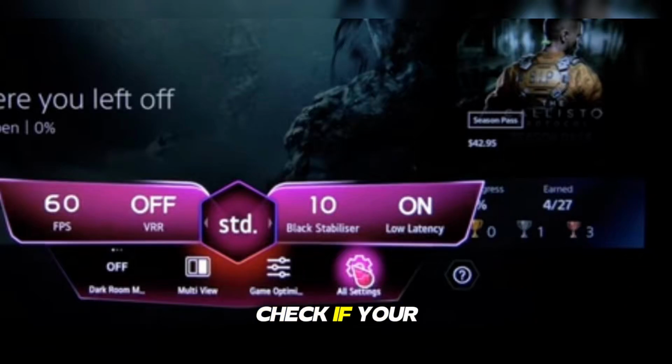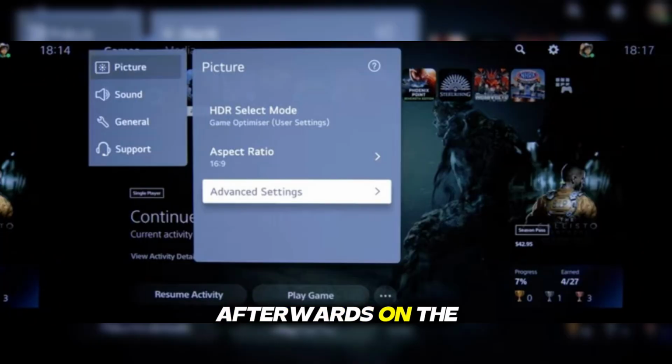Here's how to check if your TV is set to RGB range full or limited. So the first thing that you're going to do is go to the settings of your television. Afterwards, on the settings, go to the picture option, and on the picture option, navigate yourself to the advanced settings